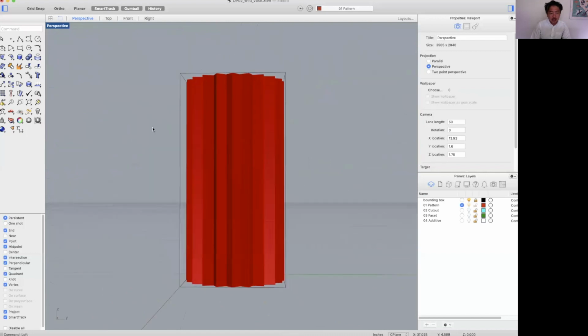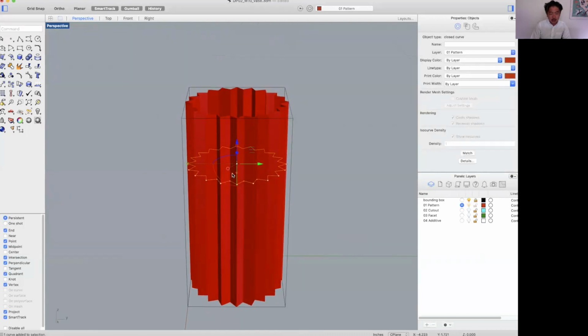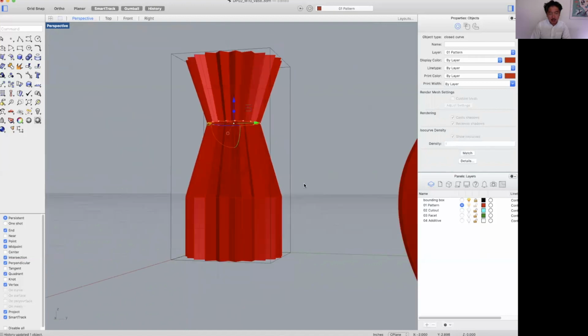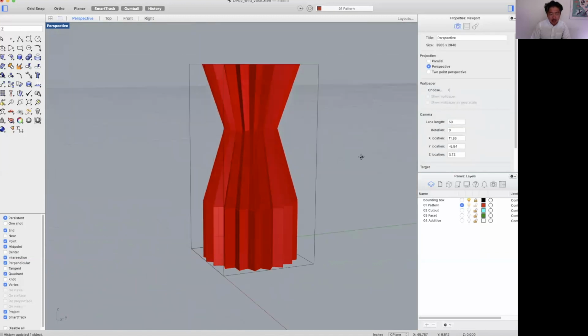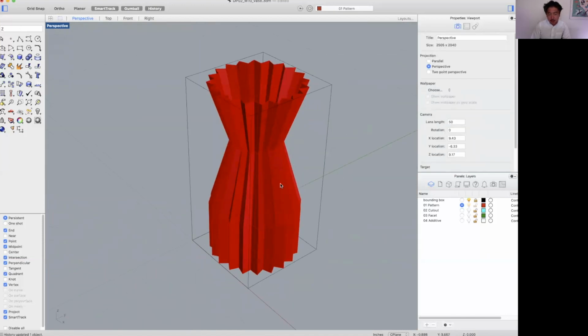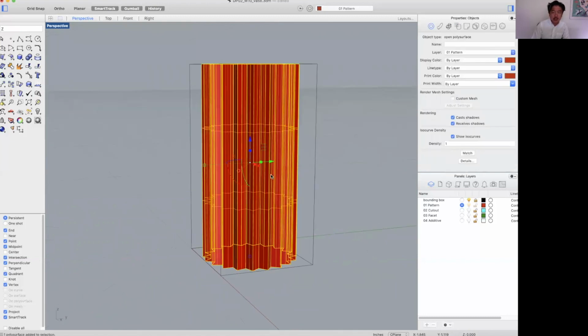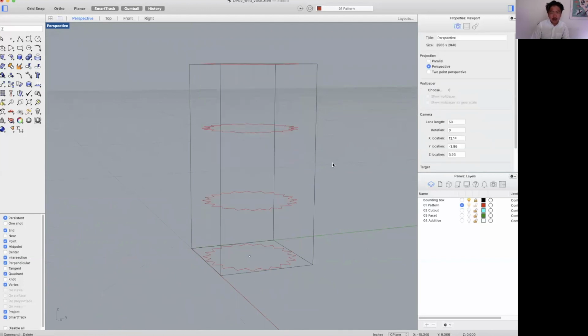Good. So now what we can do is to manipulate the scale of my curves. But what happened now is that I actually accidentally did it as straight sections. So what needs to happen is